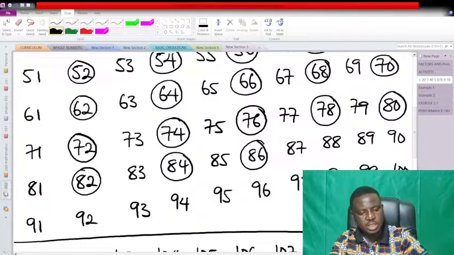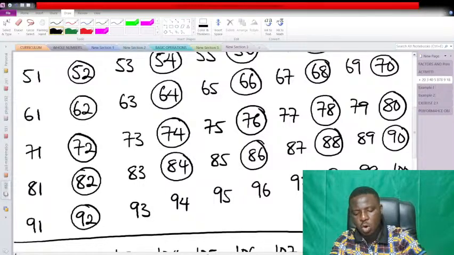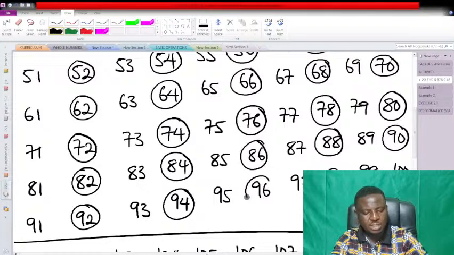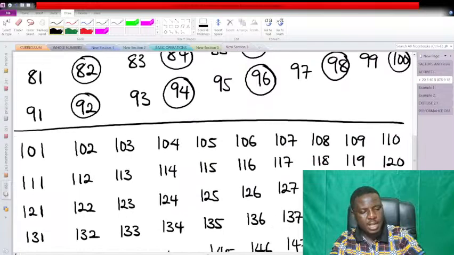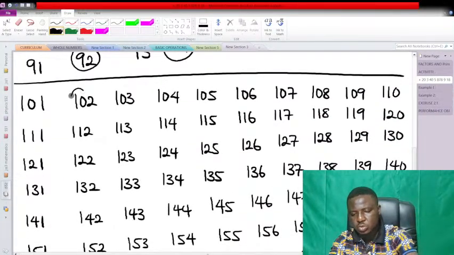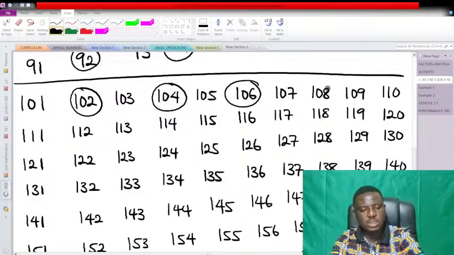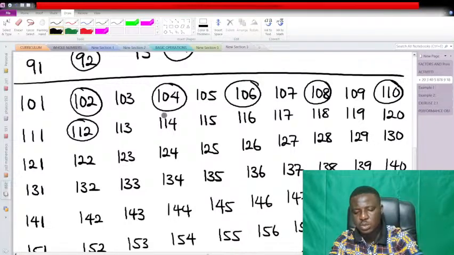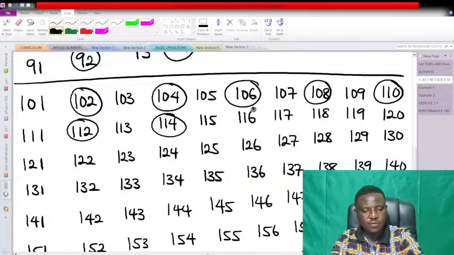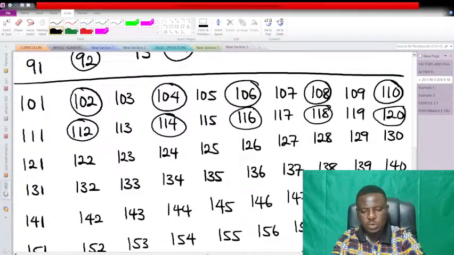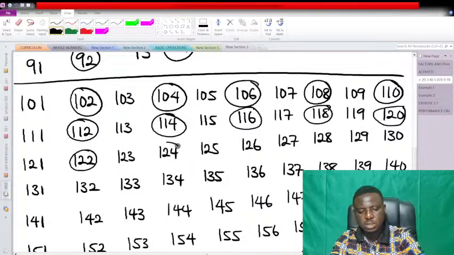What we are trying to do is identify all the prime numbers that fall between 1 and 200. So this is 102, 104, 106, 108, 110, 112, 114, 116, 118, 120,